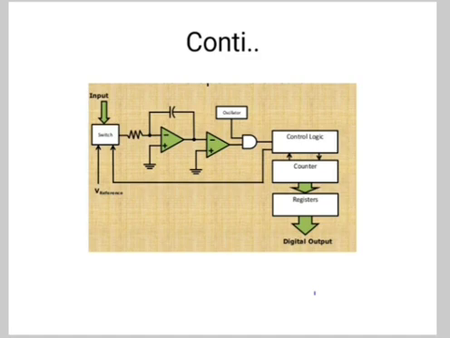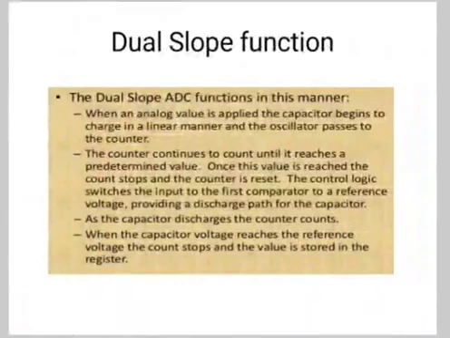Now the ramp generator starts with the initial value of minus Vs and increases in the positive direction until it reaches 0 volt, and the counter gets advanced. When Vs reaches 0 volt, the comparator output becomes negative and the AND gate is deactivated. Hence, no further clock is applied through the AND gate. Now the conversion cycle is said to be completed and the positive ramp voltage is Vs equal to V reference by Rc into T2, where V reference and Rc are constant and time period T2 is variable. The dual slope ADC functions in this manner.